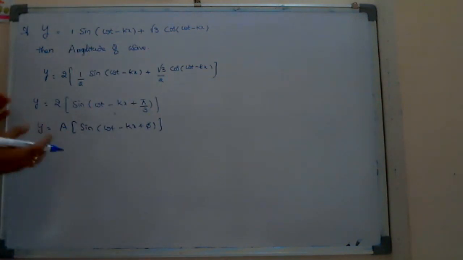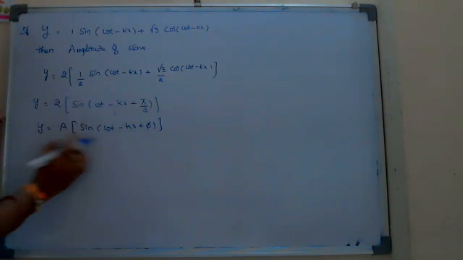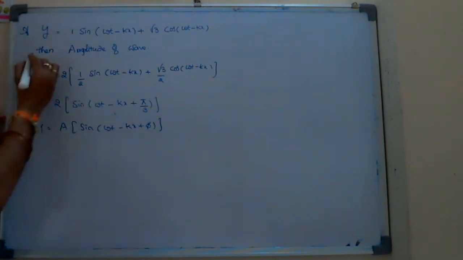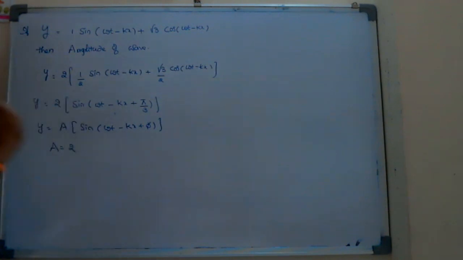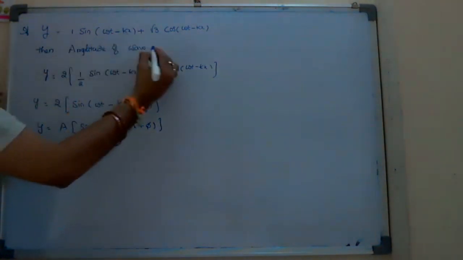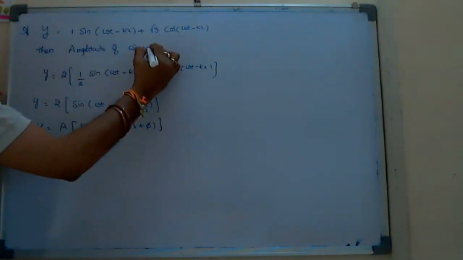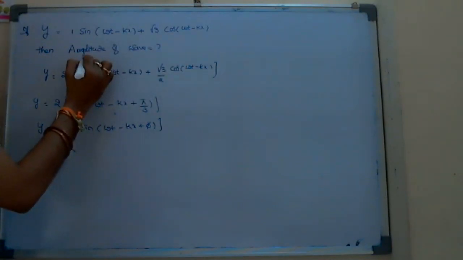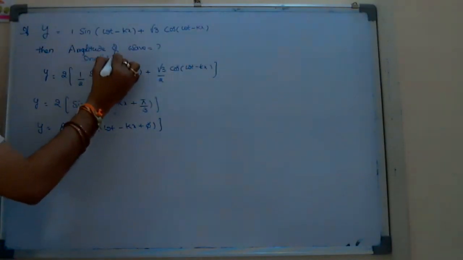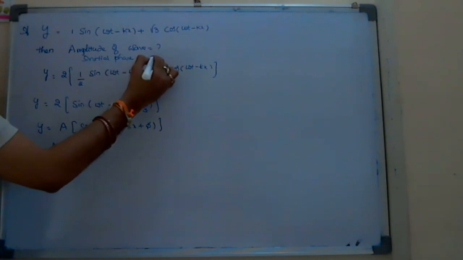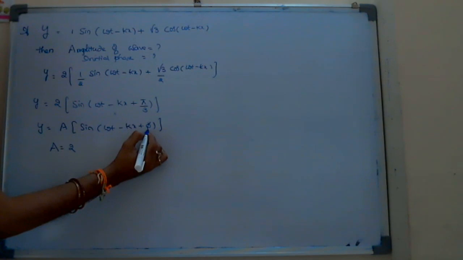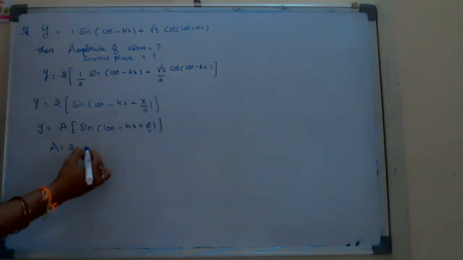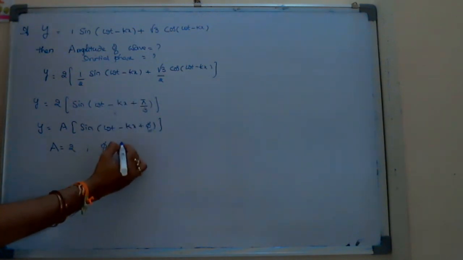So here, after writing this in the form of the known equation, A is how much? He is asking amplitude. A is 2. Very good. Amplitude straight away 2. If you ask to find out the amplitude of the wave, and initial phase is equals to how much? Then initial phase, look at here, phi is equal to pi by 3. Right. So phi is equals to pi by 3.